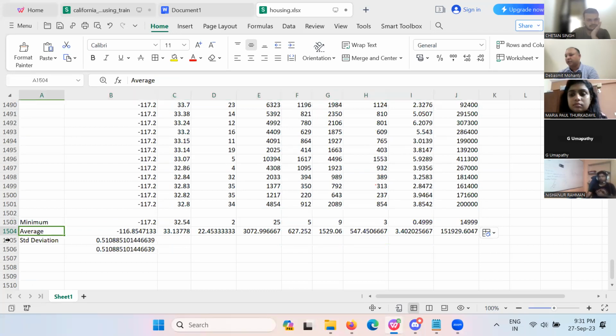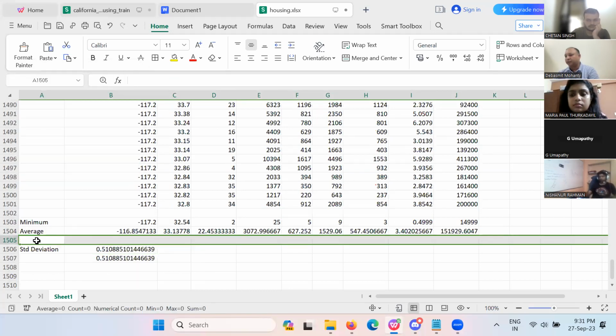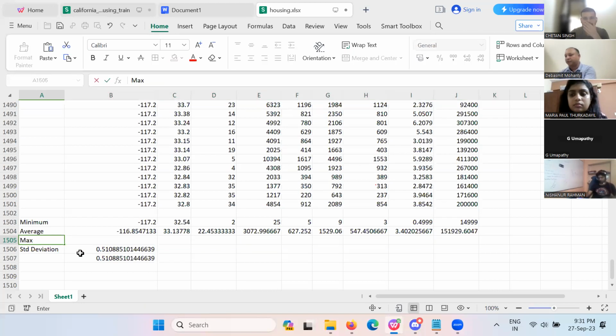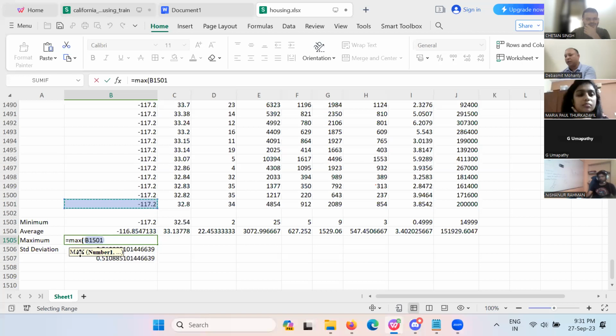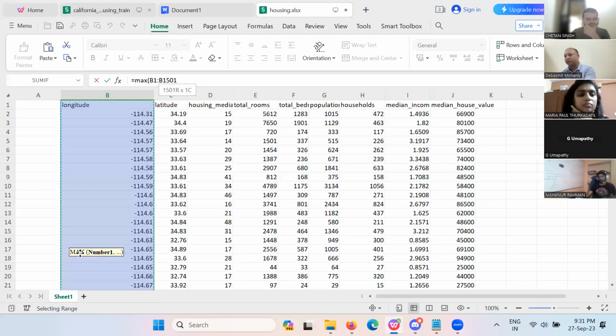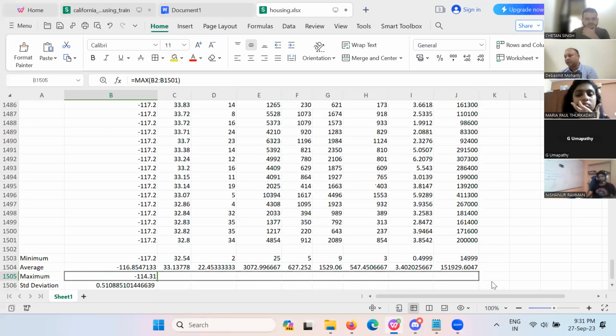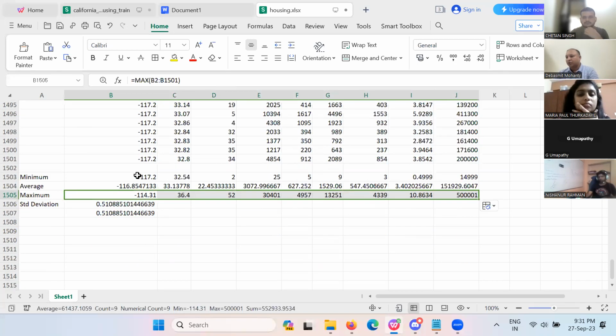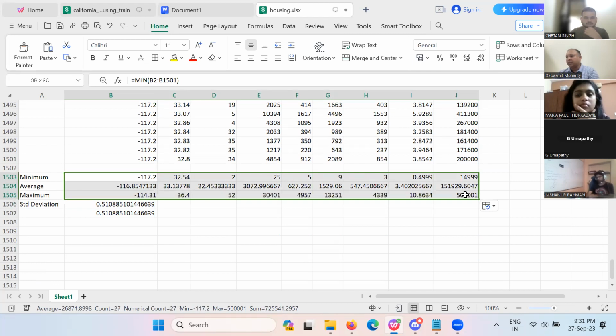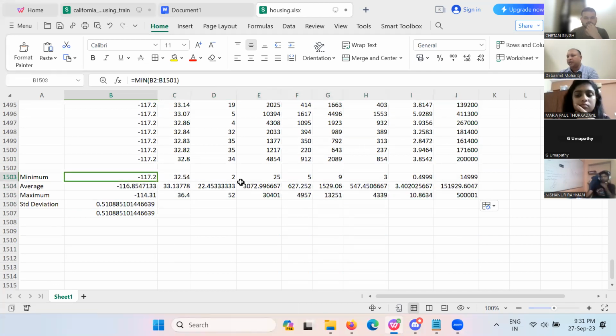This is the average. Now let's do maximum also. What is the function I should use for maximum? Max, I guess. Max. Now I go here, I press shift, control, and up arrow, and then right. So I get the maximum value. Now I drag it. So quickly you can see all these data points, particularly,